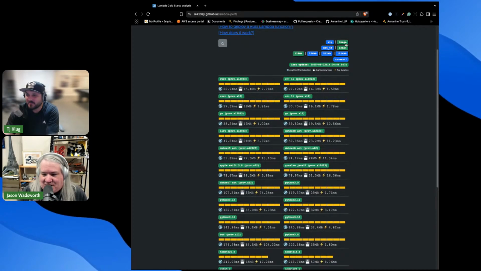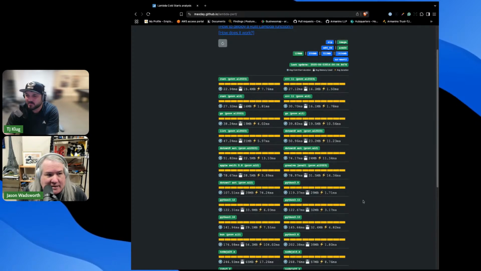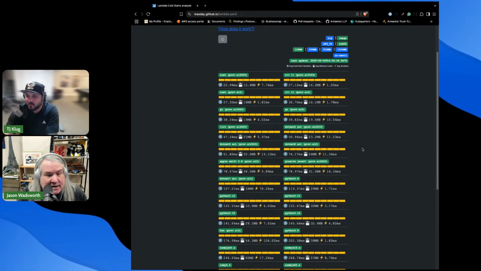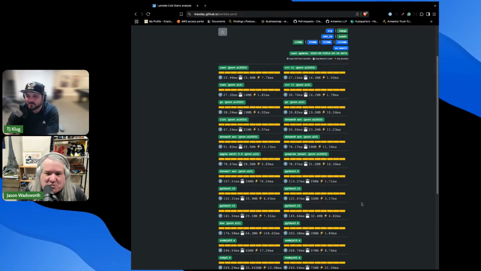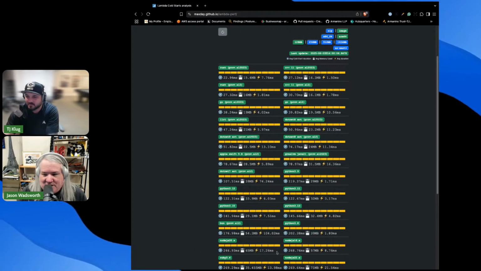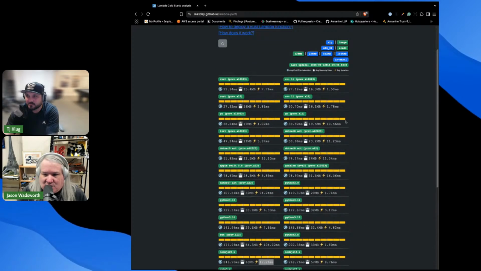And image is actually interesting. Image was the way a lot of people were going. I think image may become more popular because what was happening was init time on a Lambda function was free except for images. They just changed the pricing model so that init time you're being paid for all the time, regardless of zip or image. I think that will cause a lot of people to switch over to image. But it's not great for Rust. It's slower on Rust by quite a bit.